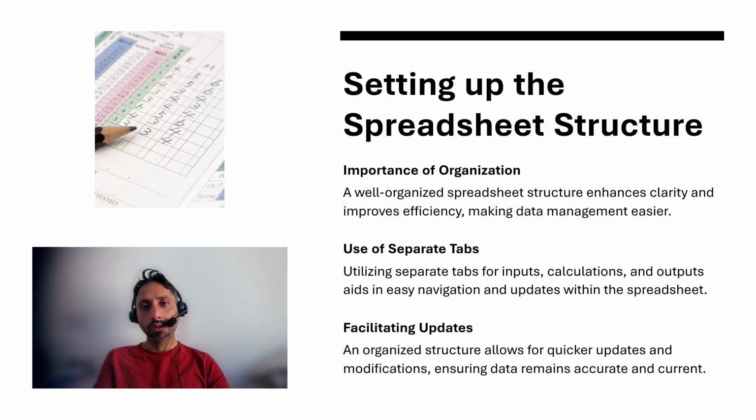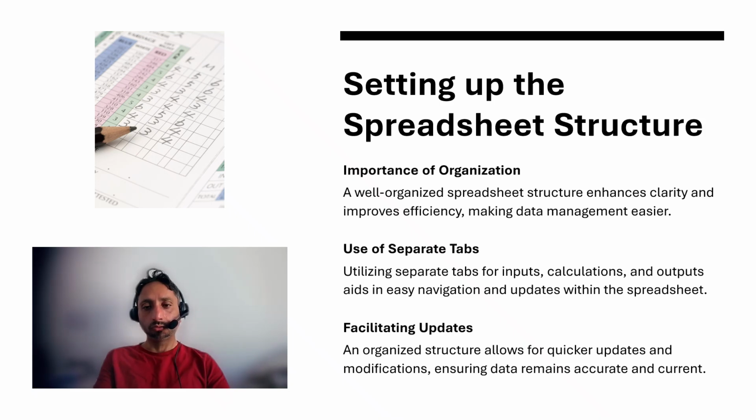So there has to be a separate tab for taking the input. Then there has to be a tab for the calculations, that is, the transformation. And then there has to be a separate tab for the output, which gives you the result. Also, you should ensure that your financial model is easy to modify and it is flexible enough to take new